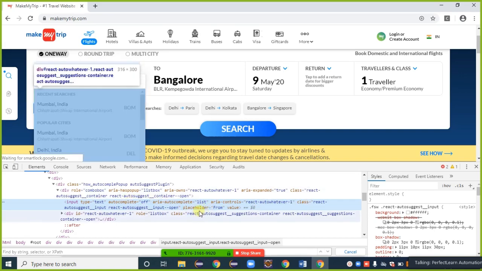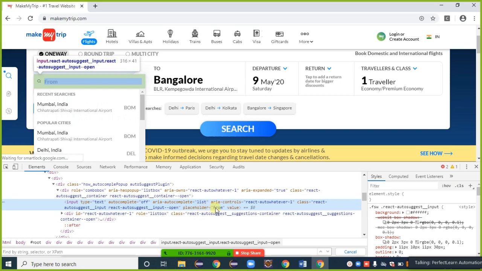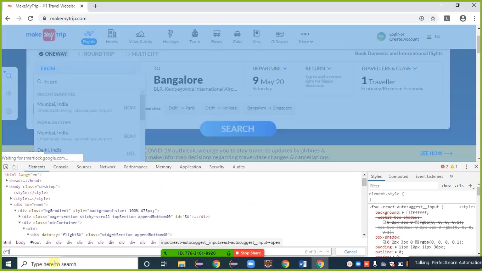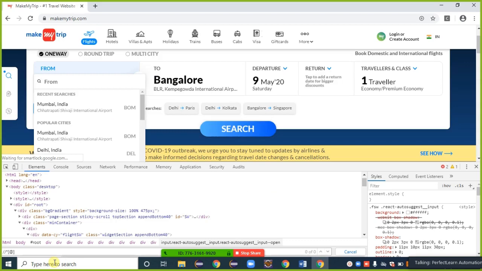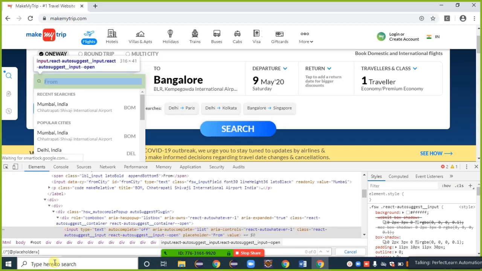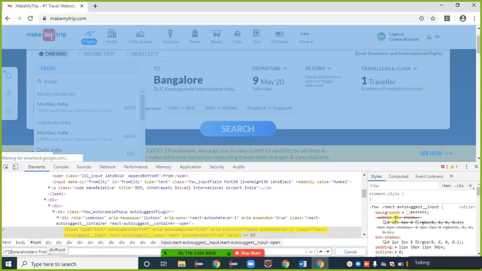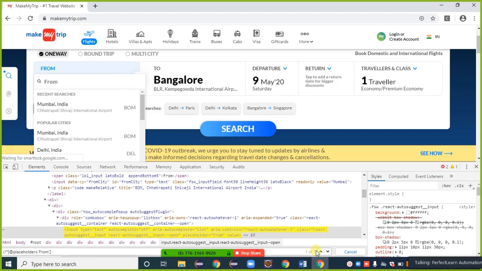I am going with the placeholder: placeholder is equal to from. Control C here. Write //*[@placeholder='from']. Observe that 1 of 1. Take the cursor on the yellow one. Yes, the required element gets highlighted, from.